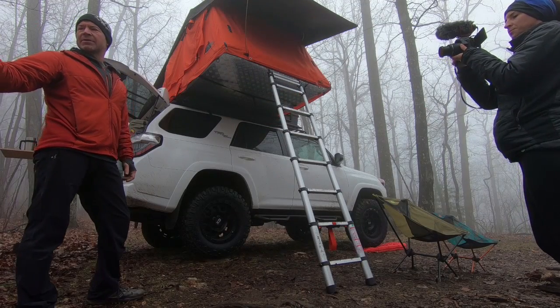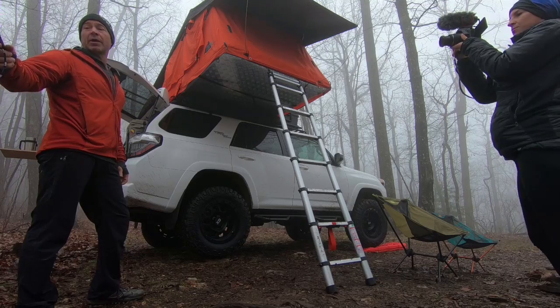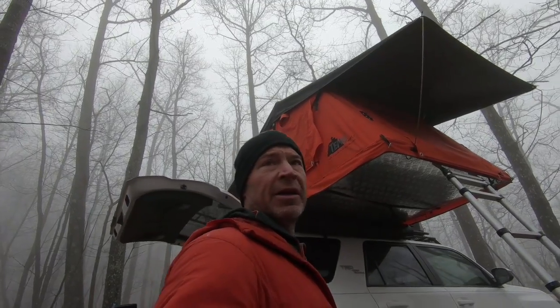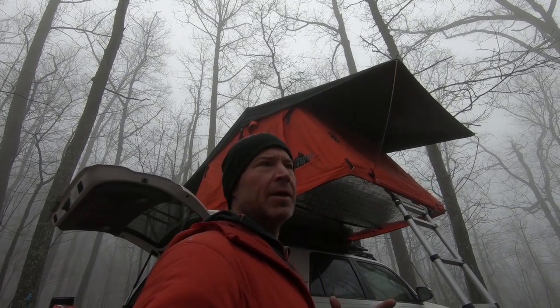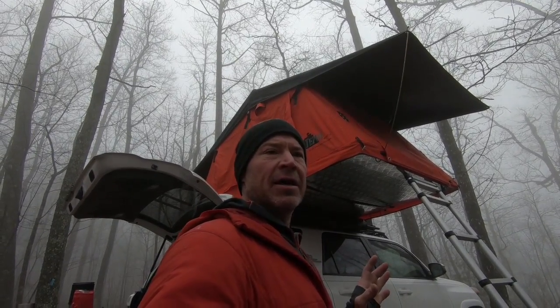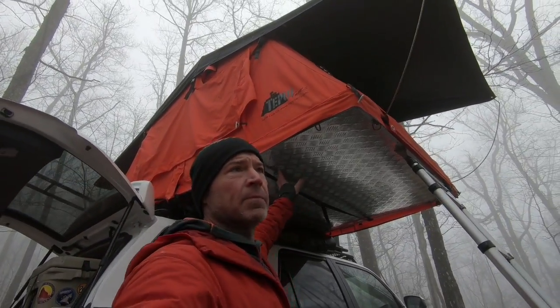All right, as promised, we're going to talk about some differences on the Tepui Kukenam Sky Ruggedized tent. We had a couple other brands that we took back. They didn't fare well. They didn't hold up. The big thing that stood out as the immediate weakness was, as you'll see on this Tepui, on the ruggedized